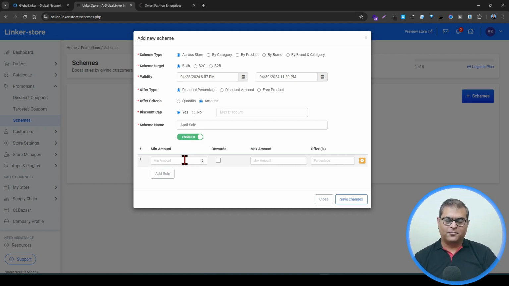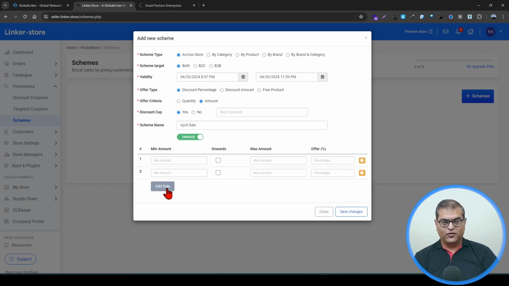Now this is where another USP of scheme is there. So I'll just quickly explain that to you. So this is where the minimum order value is 1 rupee to, let's say, 1000 rupees, and that's where we want to give, let's say, 10% discount. And